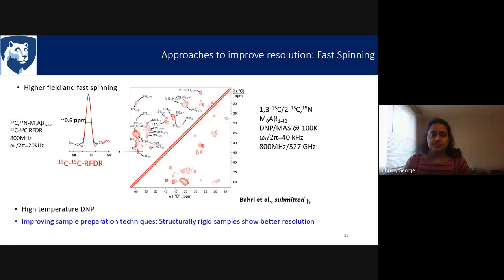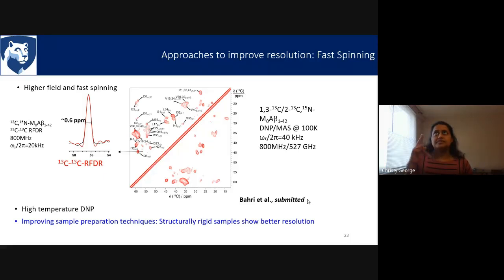Another way to improve the resolution is to spin the sample faster. There is a problem when we are spinning the samples at low temperature. For example, when we are spinning a 3.2 millimeter rotor, we can spin it at up to 24 kilohertz at room temperature. But as we go down in temperature, the density of the nitrogen gas goes higher and higher, and the speed of sound goes down. Now, when the rotor spins supersonic, it tends to crash. So we have to keep the rotor below the speed of sound.